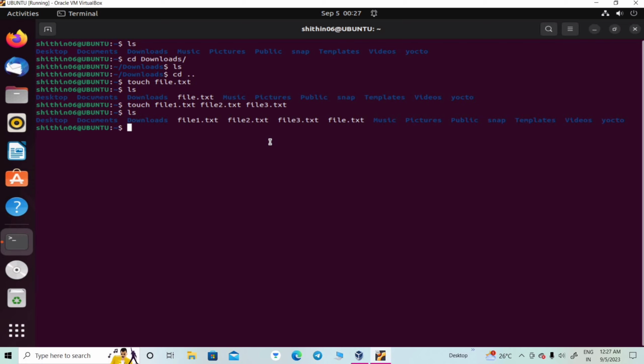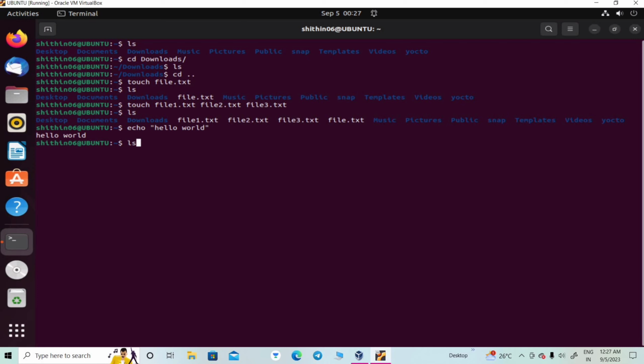Then there is another command called the echo command. We can display something in the terminal by using the echo command. So I am putting hello world using the echo here, and press enter. So we can see the echo. By using the echo, we can display the hello world here. That is the purpose of echo here. The other purpose of echo is we can add some content to